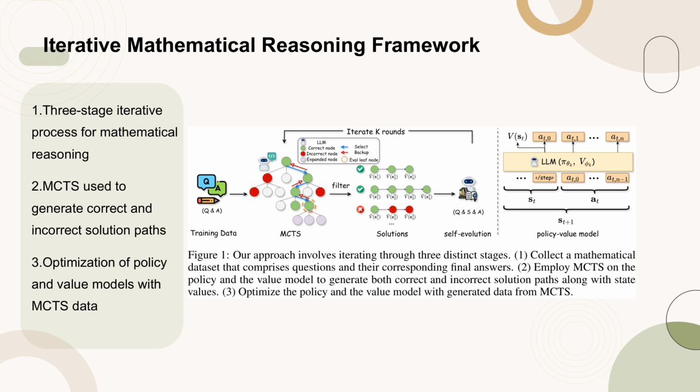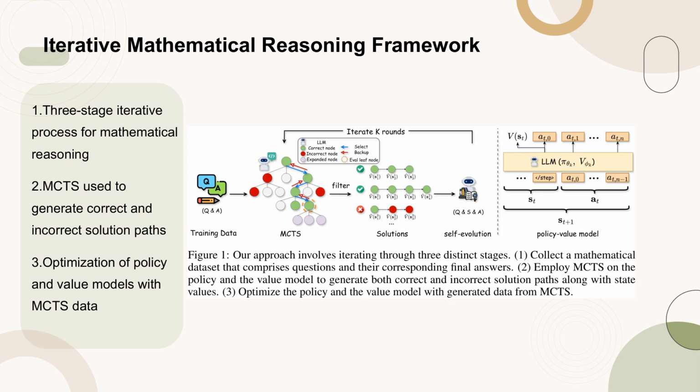In the second stage, Monte Carlo Tree Search, MCTS, is employed on both the policy and value models to generate both correct and incorrect solution paths, along with their associated state values. The third stage focuses on optimizing the policy and value models using the data generated from the MCTS process. This iterative framework aims to enhance the model's ability to autonomously generate high-quality mathematical reasoning solutions without the need for